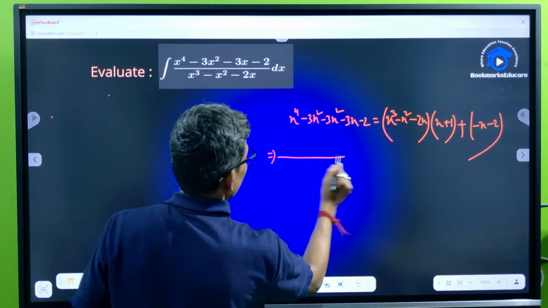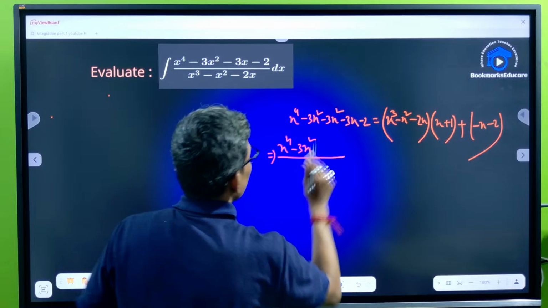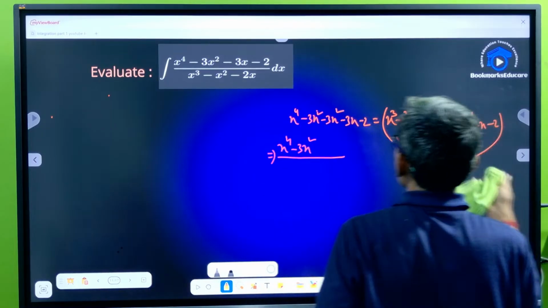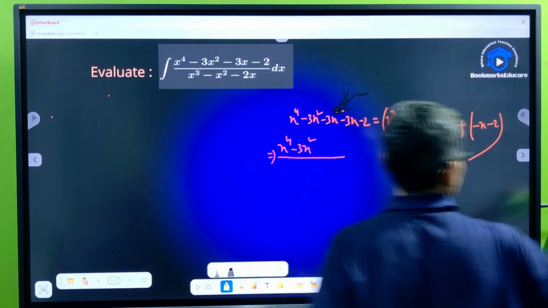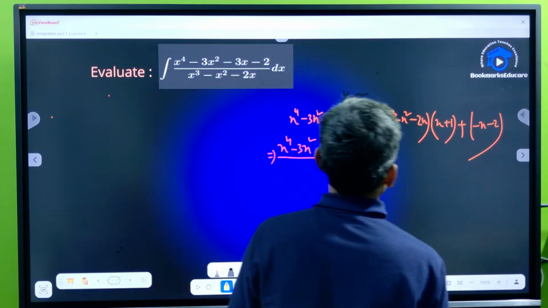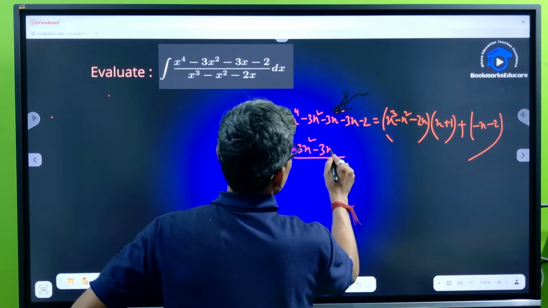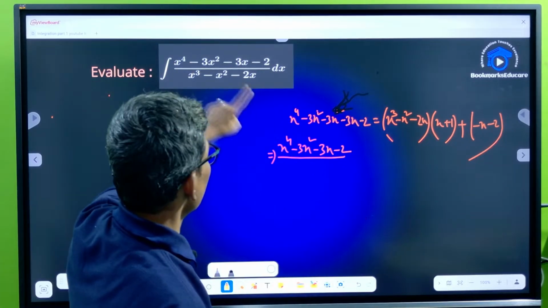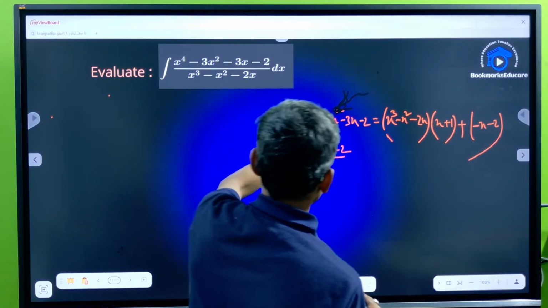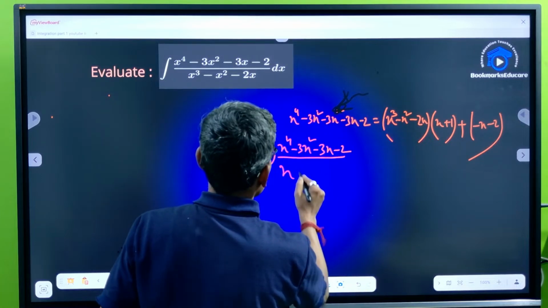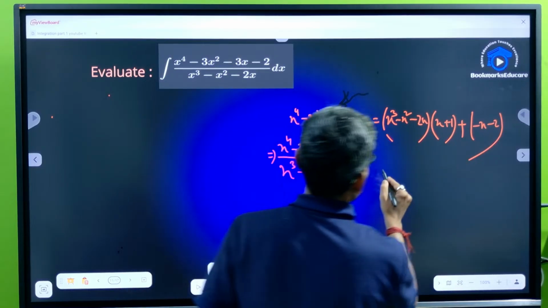So x to the power 4 minus 3x squared minus 3x minus 2, that is x to the power 4 minus 3x squared minus 3x minus 2, by x cube minus x squared minus 2x is equal to